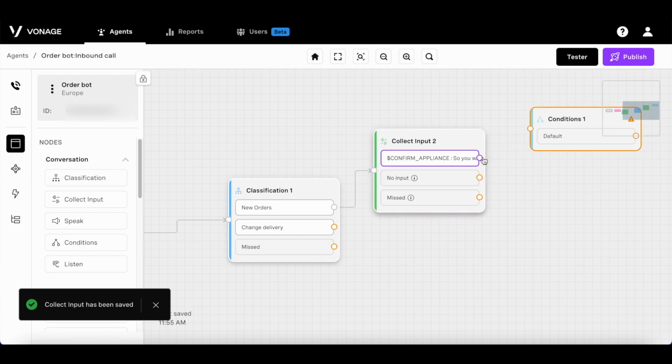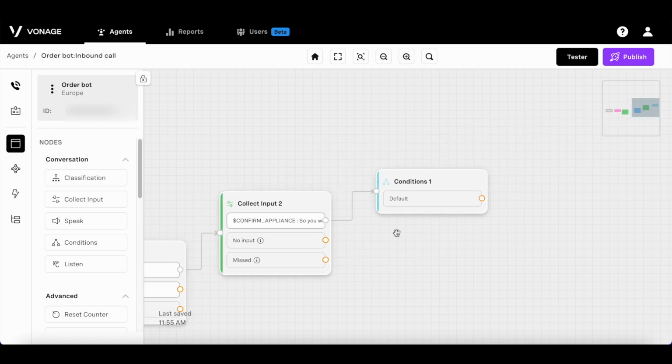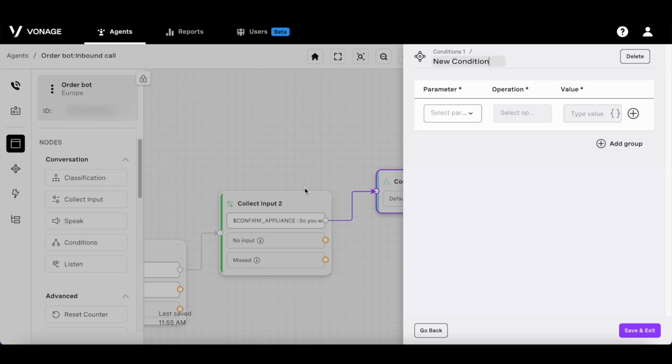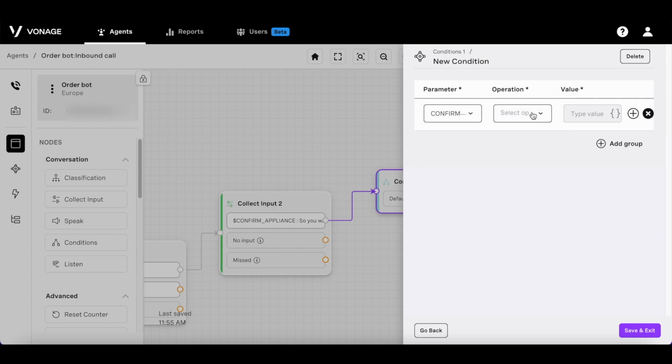And then connect it to a conditions node. In the conditions node, we need to specify routes for the responses. Let's create a new condition. Select the same parameter that was collected in the previous node. In this case, it's confirm appliance. Select the operation or the circumstances is equal to and the value that we want to adhere it to.